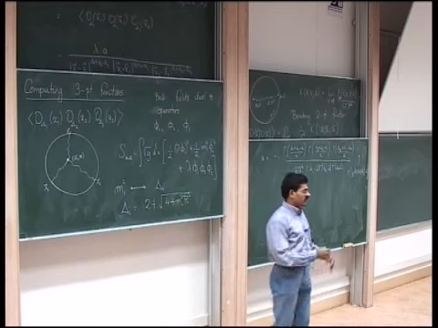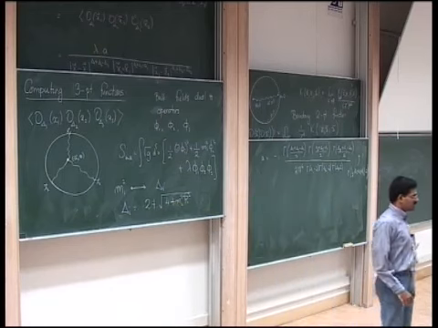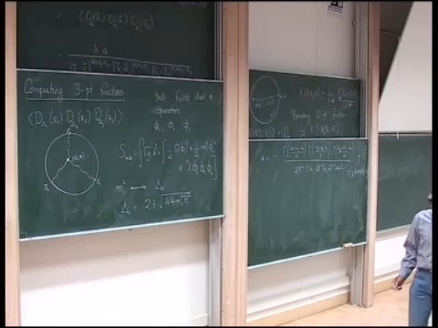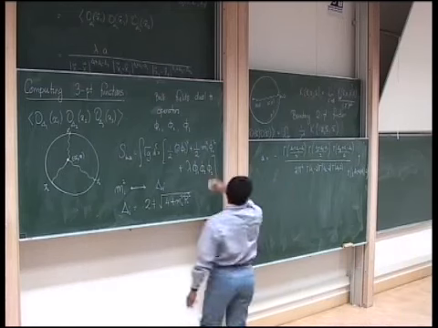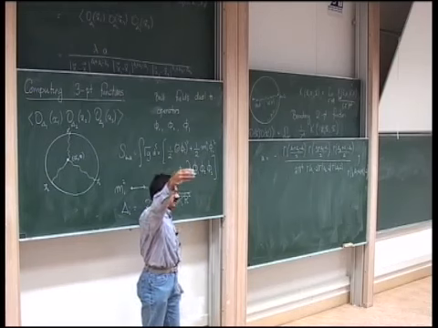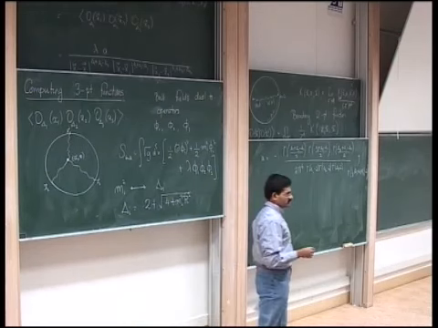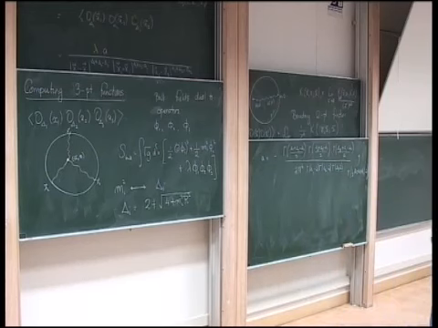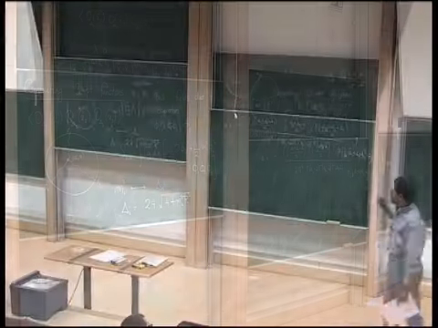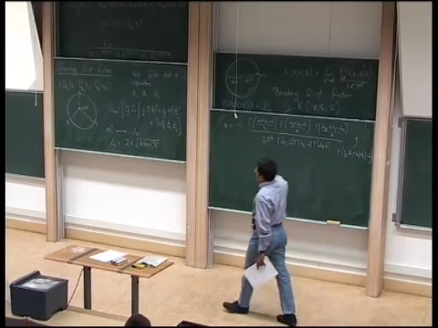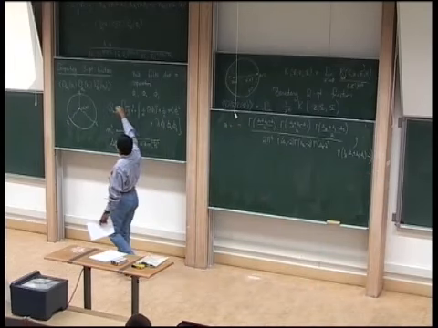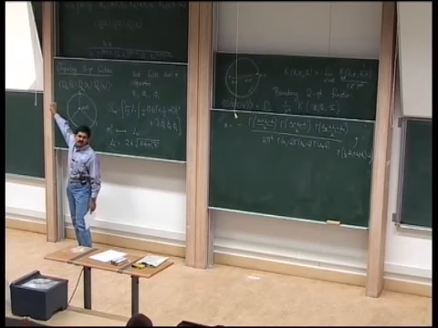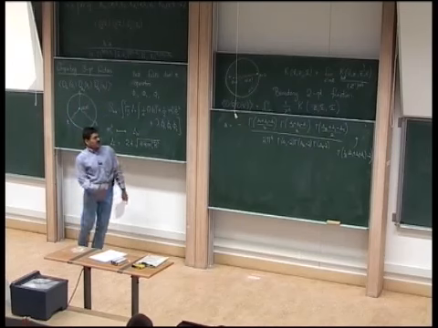That is fixed for me by the bulk action. In fact, all these terms here, the cubic pieces, come from expanding out the Einstein action in supergravity. Okay? So while I can't give you an absolute normalization for the 2-point function, I can give you a precise ratio of the 3-point function divided by properly normalized 2-point functions. Or rather,